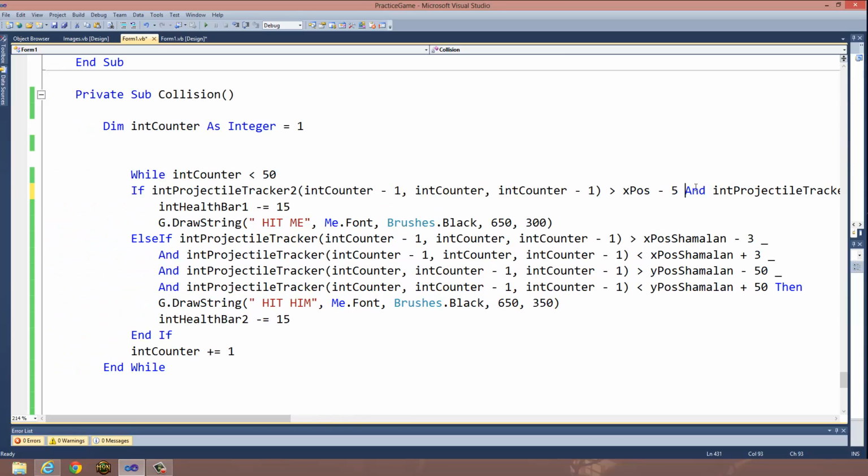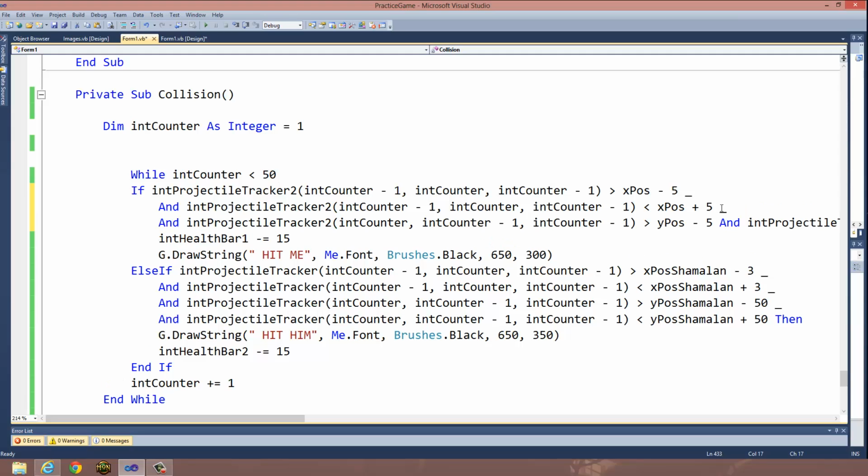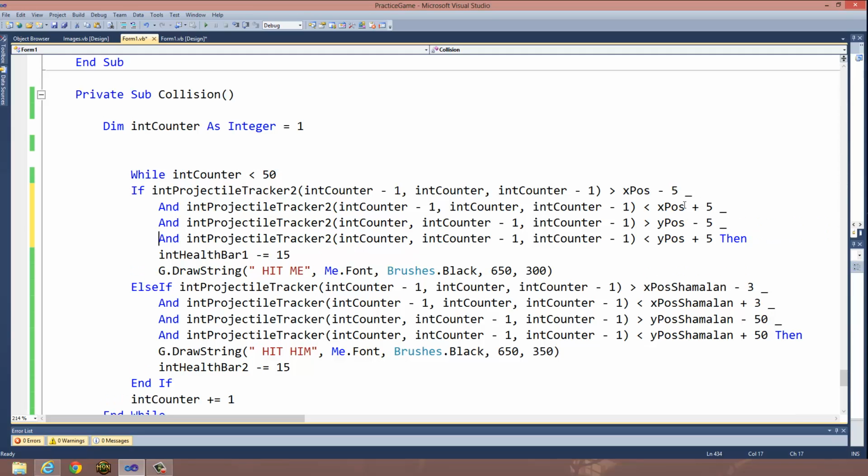So in order to overcome that, before each AND statement, just put down an underscore and then click enter. And then you can have many lines of code that should be on this line, but they're all on different lines. Okay. So pretty much what's happening with the 50 shots that my character shoots is it's checking,